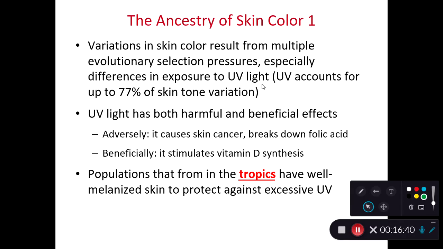Now let's talk about ancestry and skin color. As we look at our skin color, there's multiple things that can influence our skin color. The biggest one is going to be exposure to UV light. And generally speaking, if your ancestors had to deal with a lot of ultraviolet radiation, individuals who naturally made more pigment in their skin, naturally made more melanin, are going to be selected for. Because if you think of living near the equator, if you didn't make any melanin, so if you're albino, you'd